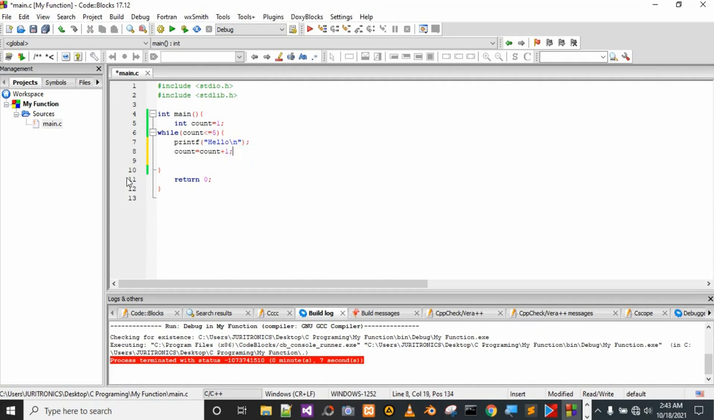Wait, I forgot to close it. In this instruction, we're saying the count value, we're adding 1 on top of it. So we now have count equals count plus 1, which will come to 2, and we repeat this. Since the count is 2, it is less than 5, so it will print hello again. Then the next instruction is to add another value, and we have 3, 4, till we reach 5, right? So if I run this now,